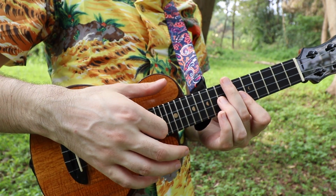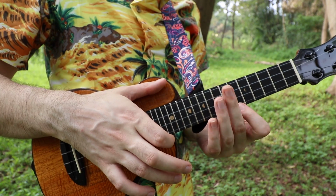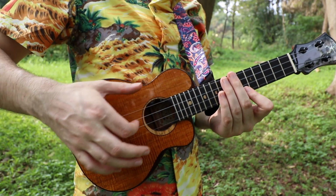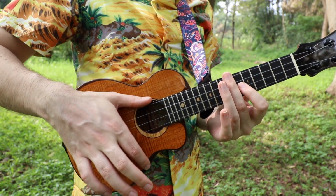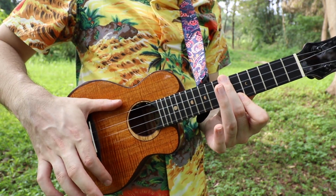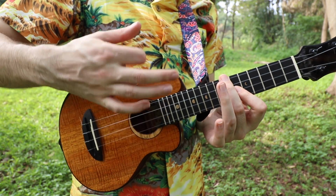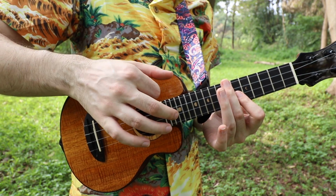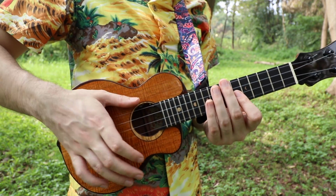Then we just hit our thumb here, we don't do anything, so it's, okay. So that's 6th fret on the A string, 6th fret on the E string, and then one tap with our thumb. We don't strum down here. So all together,